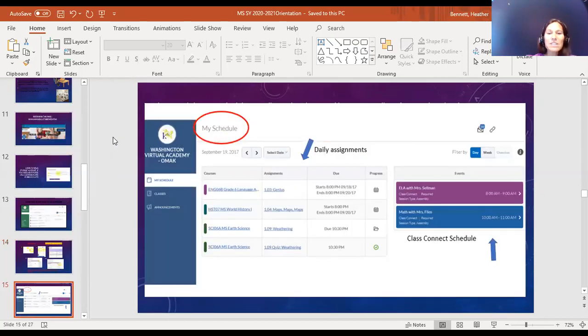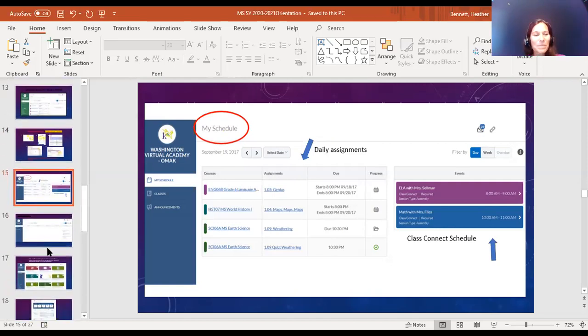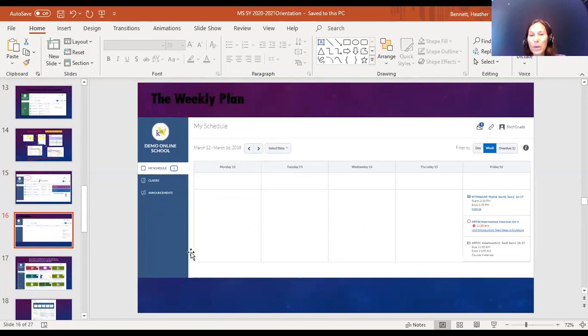All right, and here is the student page. So when you log in, you can see your schedule for the day. So you can see this student has 4 lessons to complete. Oh, and 2 required classes to attend. And then you can see, oh my goodness, this student has 22 emails to read. They better get on that, right? Make sure that you are always checking your email because that's where your teacher is going to get a hold of you for all of the important things your teacher wants you to know. So you can filter that by week so you can see what your week will look like.